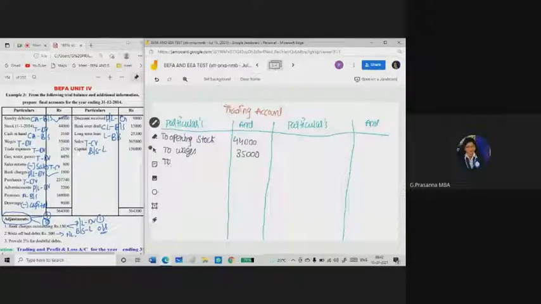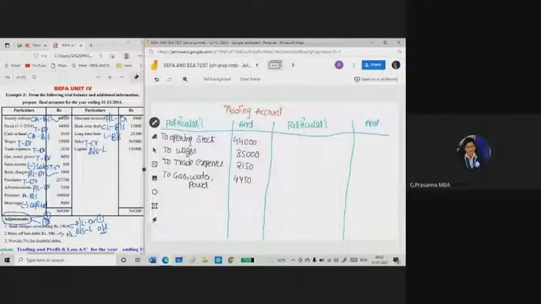Next, trade expenses. Trade expenses have to be shown on the debit side of the trading account. What is the amount of trade expenses? 2,150. Gas, water, and power, which are used in the factories. Gas, water, power. What is the amount? 4,450 rupees. Next, he has given sales return.